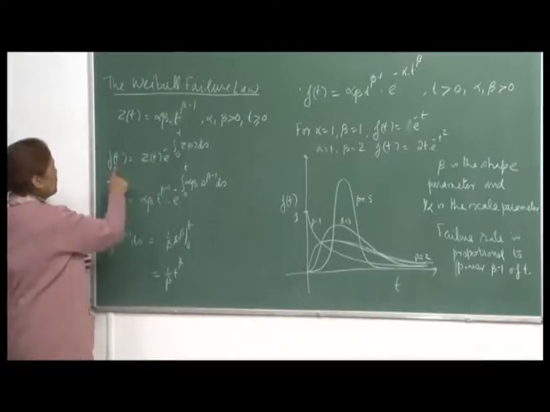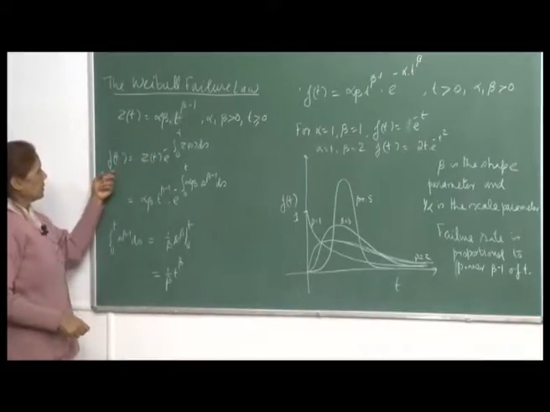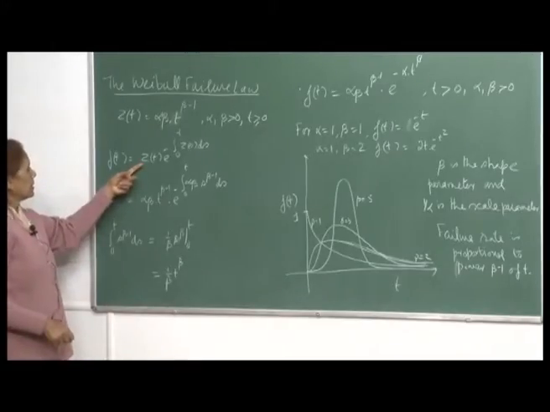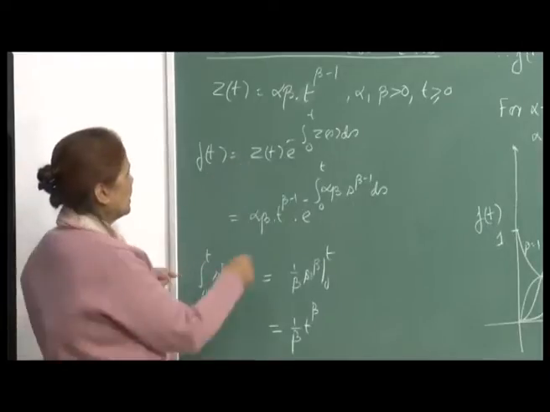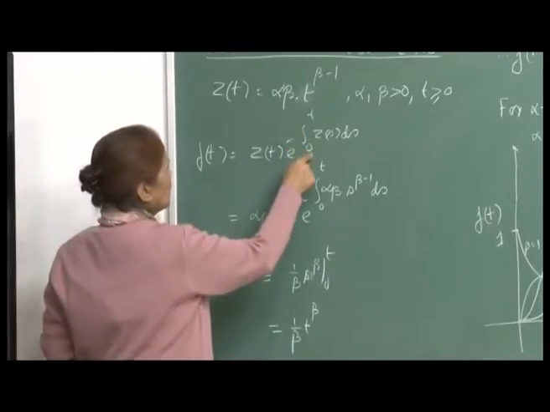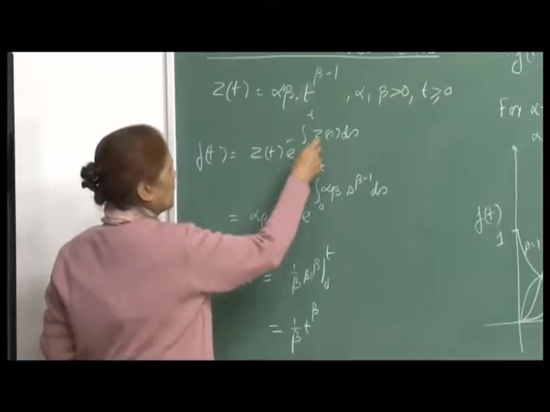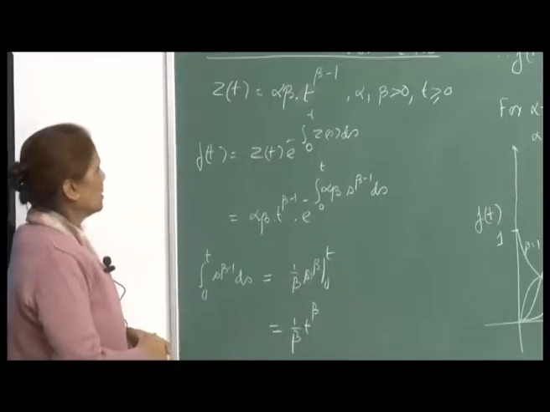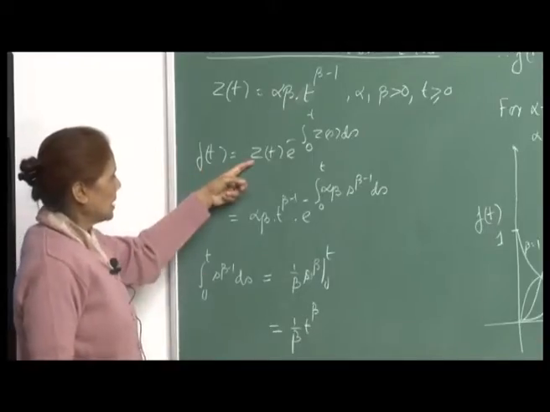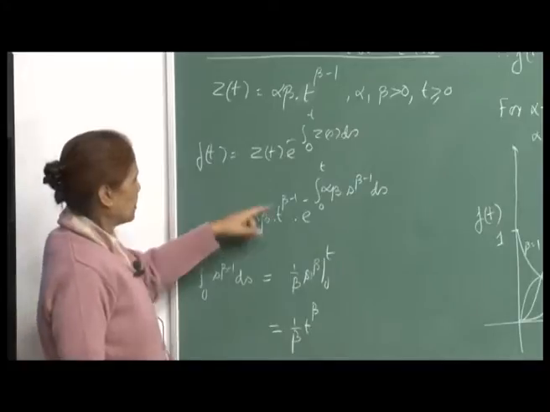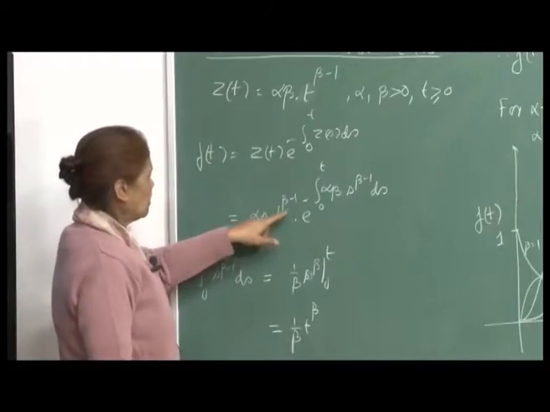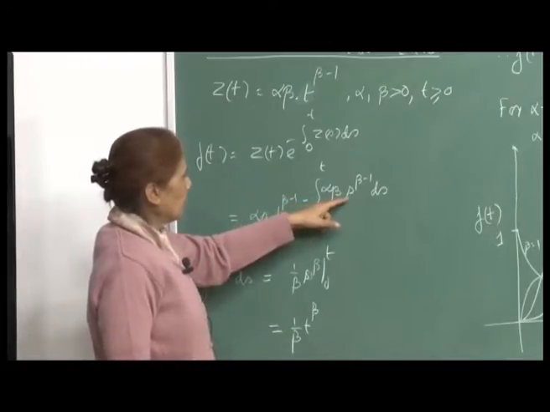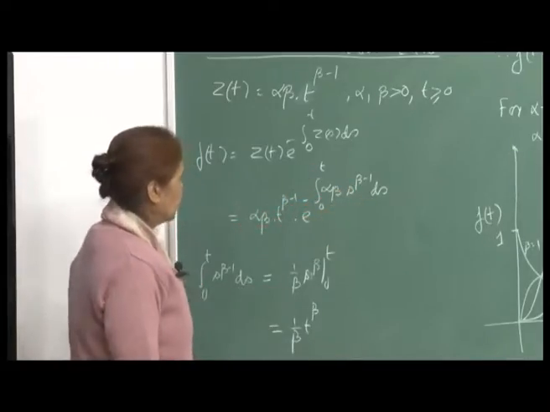Let me just first compute your f t. So, remember we said that we can compute f t uniquely given the failure rate function, so z t. So, then this is z t e raised to minus integral of 0 to t of z s d s, right. This is our formula for computing f t given z t. So, then here if you substitute for z t, this is alpha beta into t raised to beta minus 1 e raised to minus integral 0 to t alpha beta s raised to beta minus 1 d s, right.